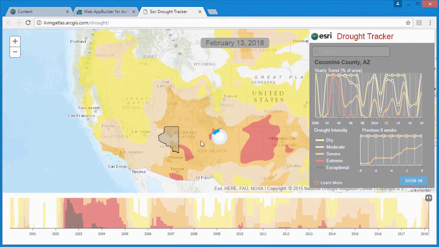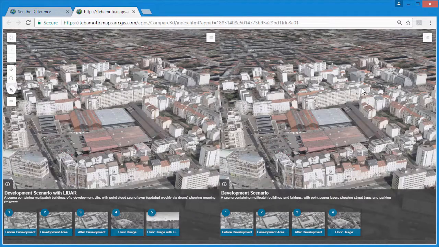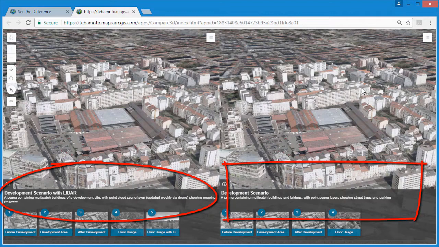It's important to consider the purpose and functionality of our app. Our intended audience is citizen stakeholders who want to track the changes of a development area. We want them to be able to compare two web scenes from different viewpoints as part of a public outreach